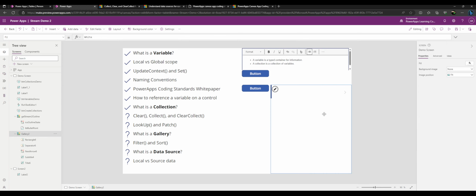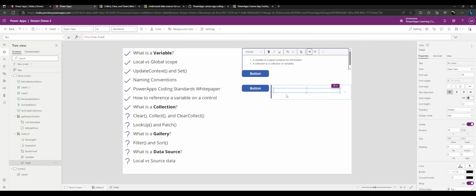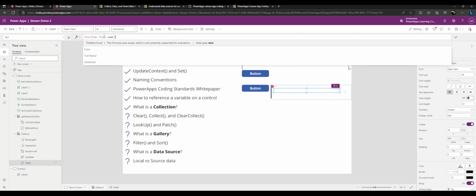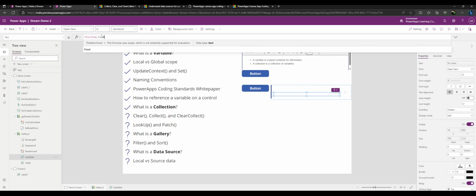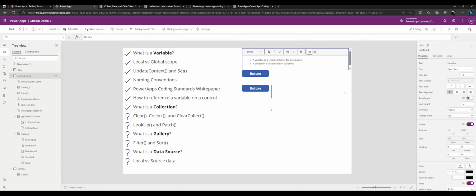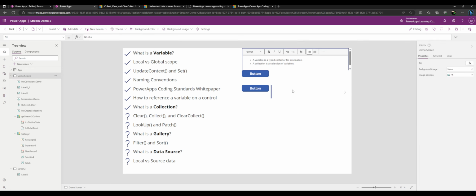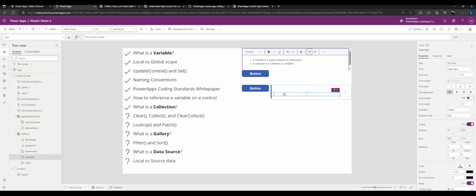So we're going to set this to be call cats, and we're going to set this to be food, and this to be full name. It already was, but I actually like it the other way around. So let's swap those. And all I was doing there was clicking on these labels, even though they're invisible, and setting their text property